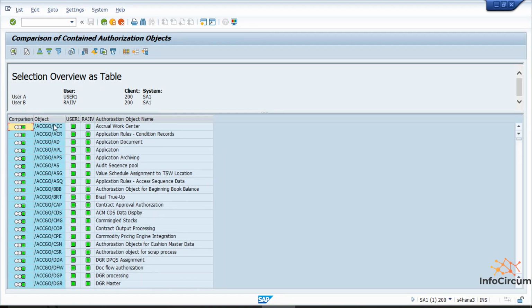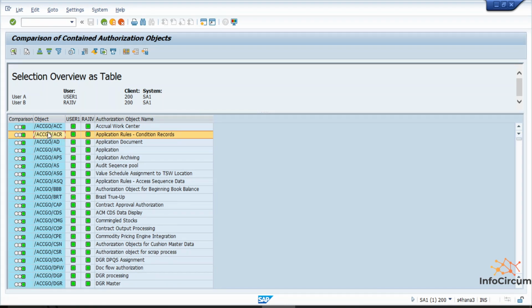See, this is showing the difference between these two users. This is the object that is assigned to both the users. Like this object exists with user 1 and with Rajiv as well. This object also exists with user 1 and with Rajiv as well.